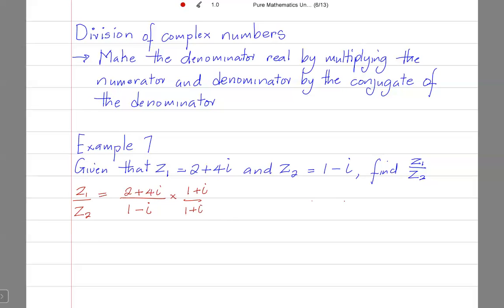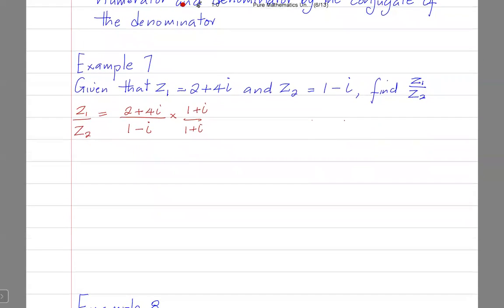So if we did that, we're going to end up with multiplied binomials. 2 times 1 is 2. 2 times i is 2i. 4i times 1 is 4i. And 4i times i is 4i squared. So I just multiply the 2 binomials at the top,